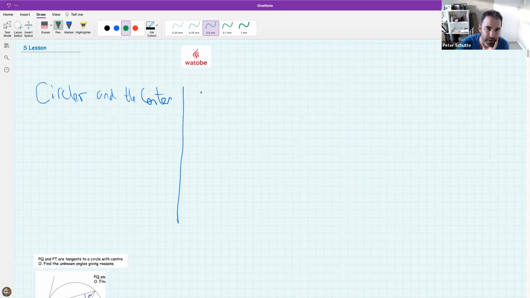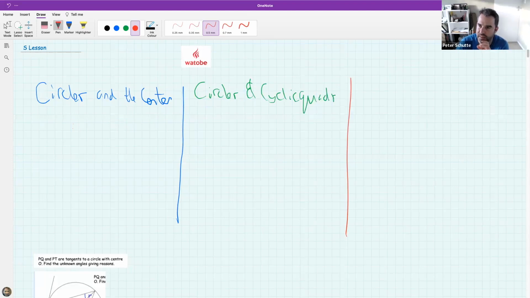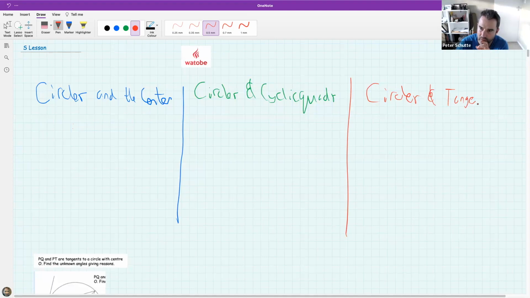And then I think about circles and cyclic quads. And then the last bucket that I think of is circles and tangents. Now, sometimes you may have two of the buckets involved, and in the rare occasion, you even have all three buckets involved. But always remember, or always think about, do you know what theorems relate to circles in the